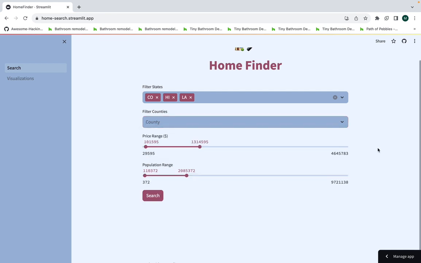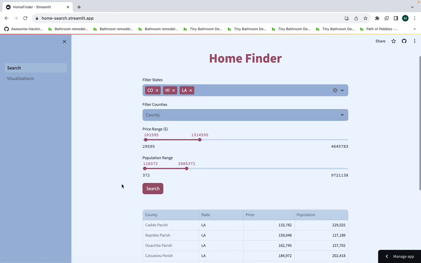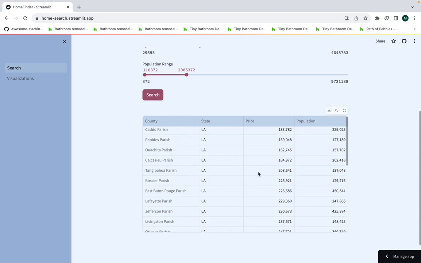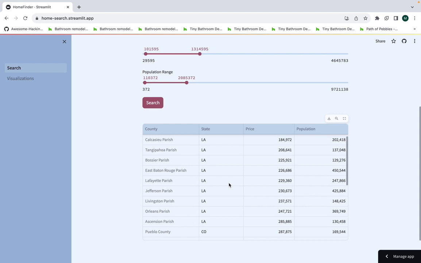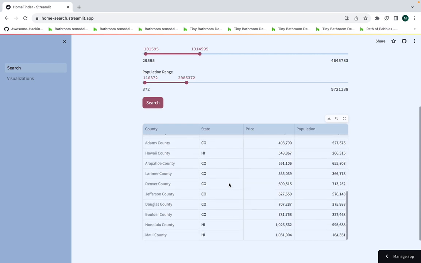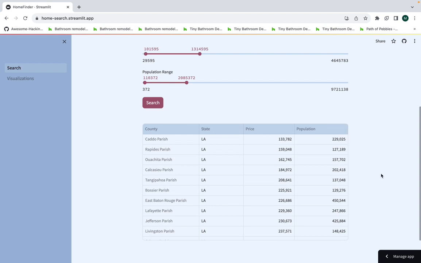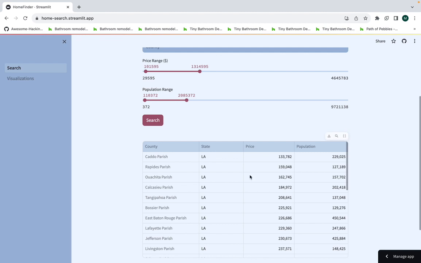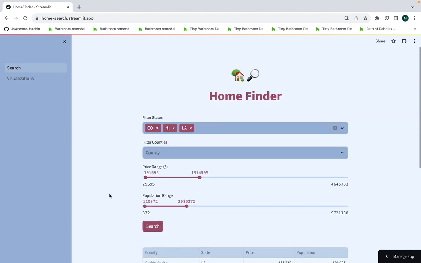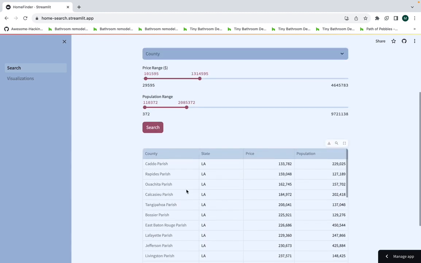So I'm not going to filter by any counties. I'm just going to filter by state. And then what gets returned, no surprise, let's see, yeah, Louisiana is pretty cheap compared to Colorado and Hawaii. As we'll see in a little bit, Hawaii is actually the most expensive state in the United States as far as average home price. So that's the home page, which is basically just filtering and rendering out this data